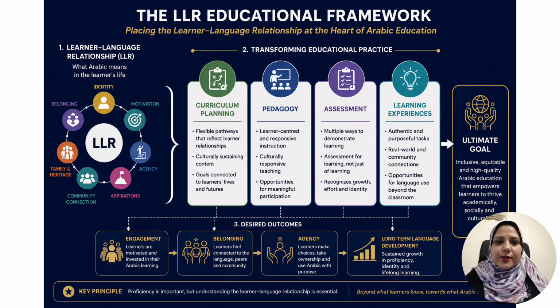Building on this understanding, the framework proposes four interconnected areas: curriculum planning, pedagogy, assessment, and learning experiences. Rather than treating these as separate components, they work together to create coherent, inclusive, and culturally responsive